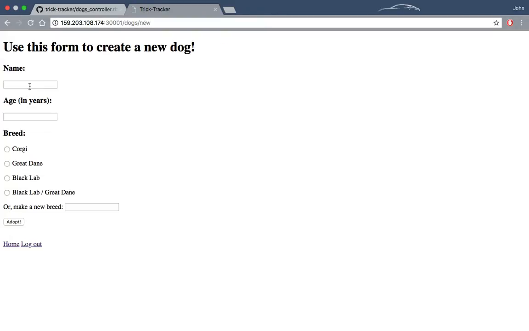And the dog that I am going to adopt, I'll choose my cousin's dog, is Raya. Raya is 11 years old, and Raya is a beagle. This list of breeds that pops up here goes through all of the dogs that are in my database and puts the breed in this area. So as more and more users use Trick Tracker, the list of breeds will grow to become more and more inclusive. So far, I've only made dogs while building that fit these breeds. So I will adopt Raya,